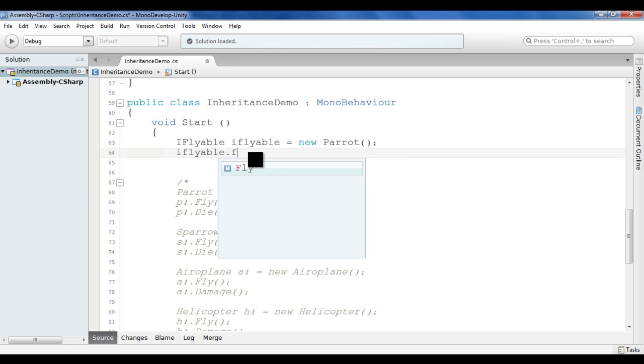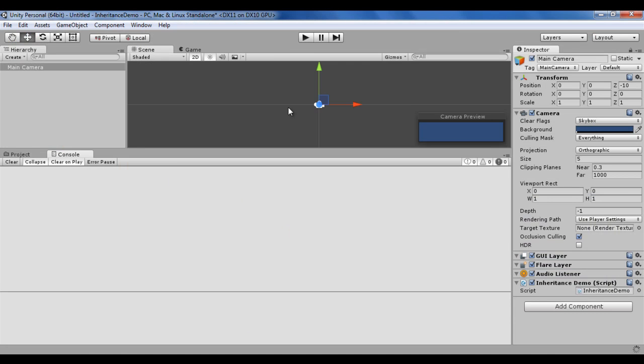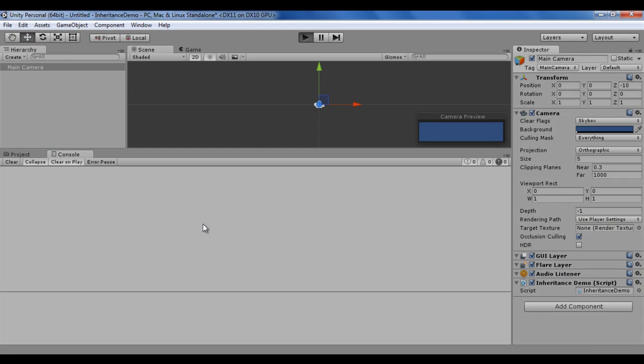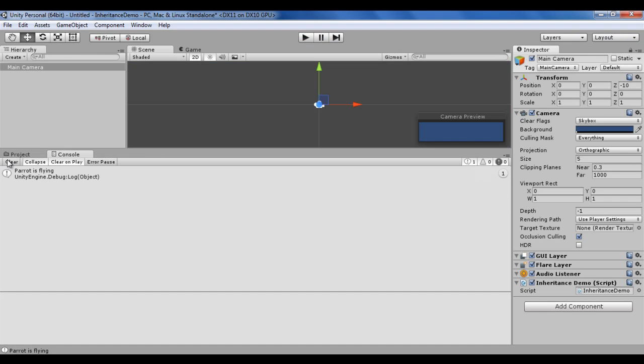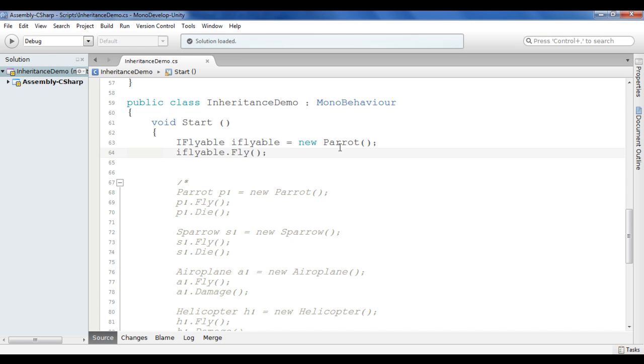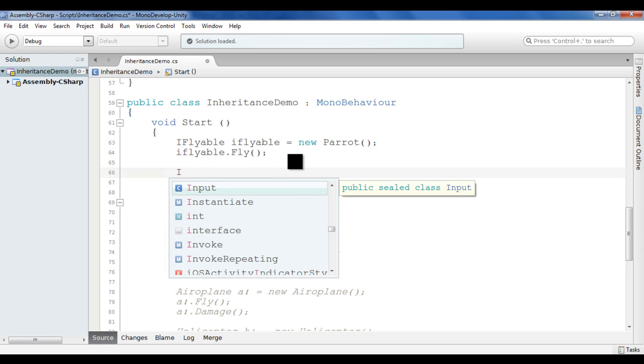So I can say here flyable.Fly. This will work. There is no problem. If I save, go to Unity, and run the code, you can see that parrot is flying. I got it. Now if I want to kill the parrot, I have to create another variable that is going to be